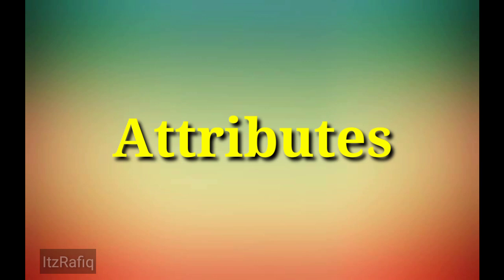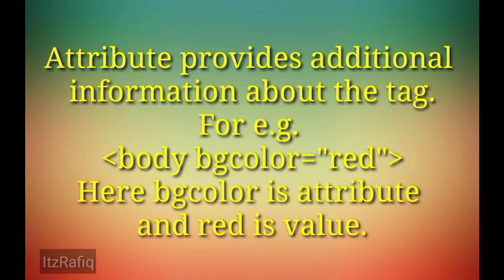HTML tag attributes. Attributes give more power to the tags. Attributes of a tag provide additional information about the HTML elements. They are always written by giving a space after the tag name. An attribute appears as the attribute name followed by an equal sign and then the attribute value. The attribute value should be enclosed within double quotes. Though some browsers allow single quotes, it is good practice to write the values within double quotes.